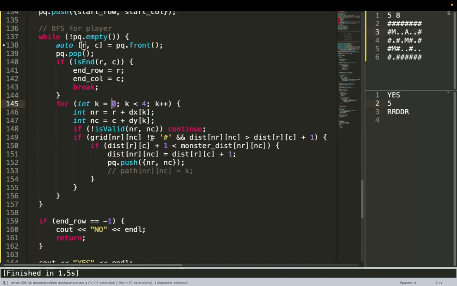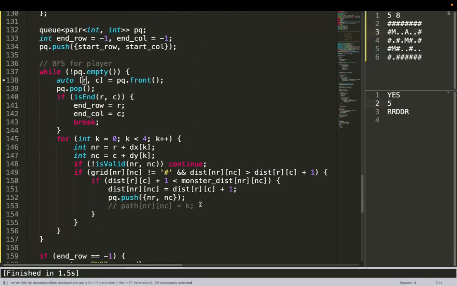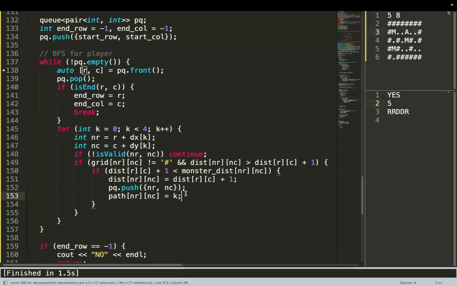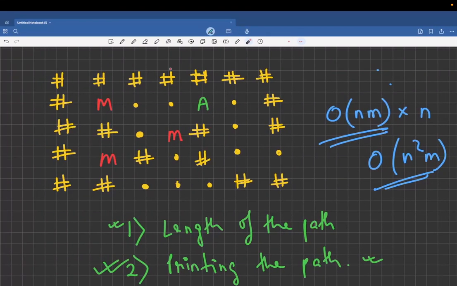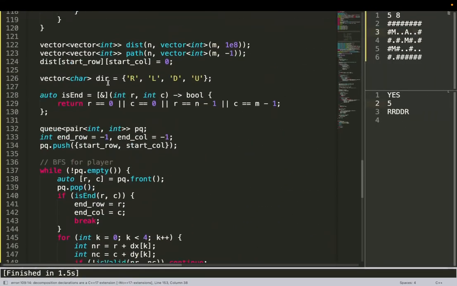So what I have done is maintain a vector of vector int path, and in my path I am just simply pushing that k value. Once I do that, my path vector will look something like this. Over here I will have 0, because 0 means right.